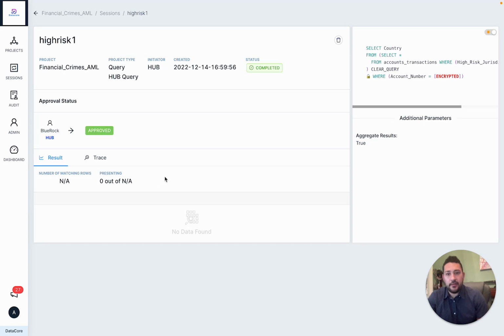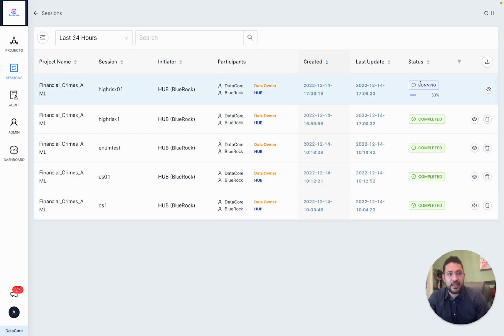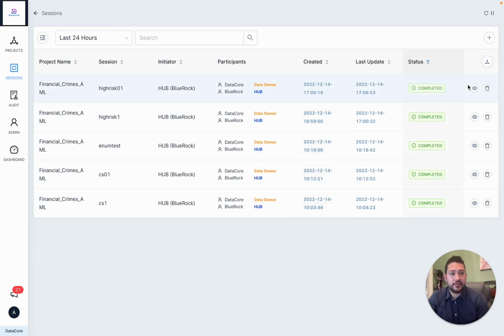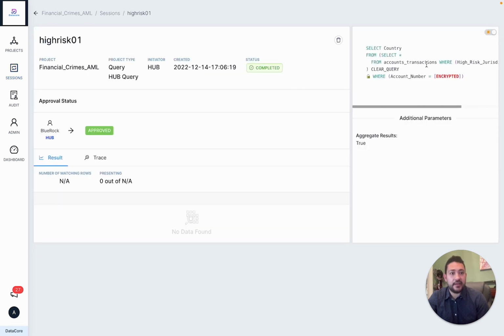So here, I am DataCore. If I go to my sessions, I can see that a session has been initiated. However, keep in mind, I only know that this is coming from the hub. I do not know that Acme is the one who initiated the session. If I click on session details, I can see that, again,